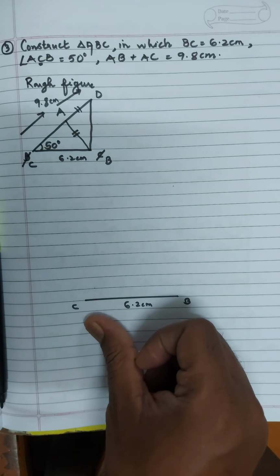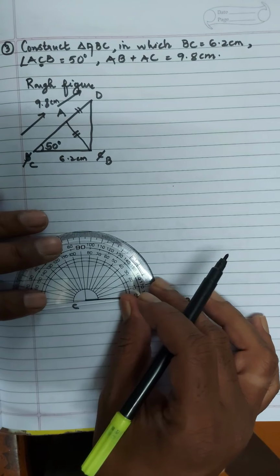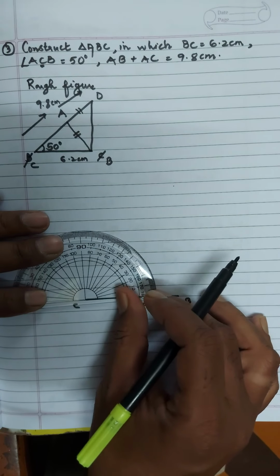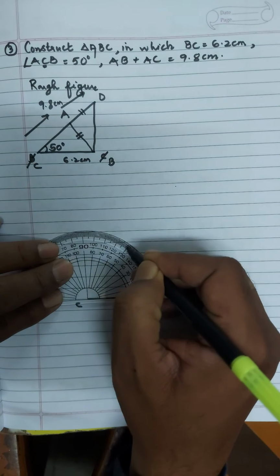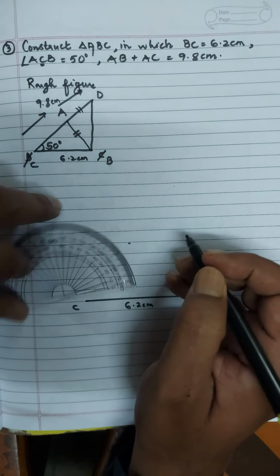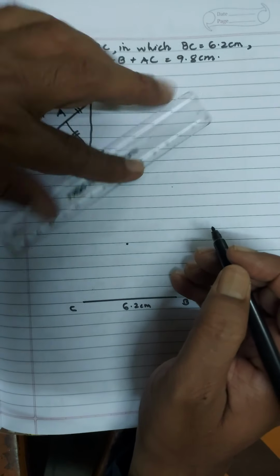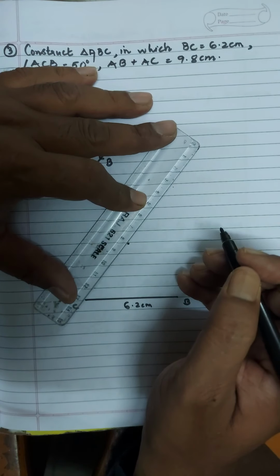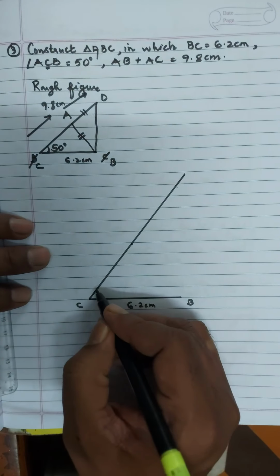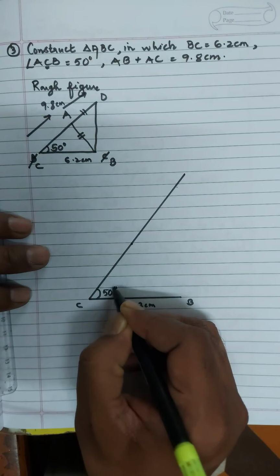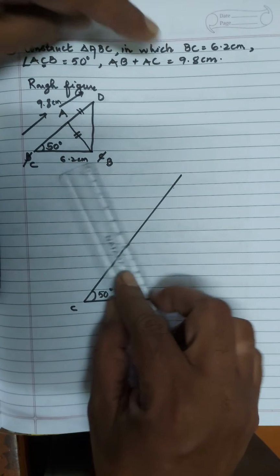So we need to take the compass and put it exactly at the corner of point C, and see a straight line here. Angle is 50 degrees, so we give the marking here, and after that we take the scale and join this point and point C, an exactly straight line. So this is our angle of 50 degrees. We'll go step by step and we'll give the names also.